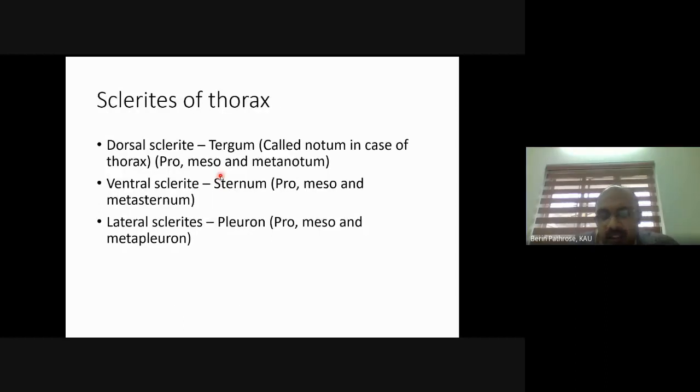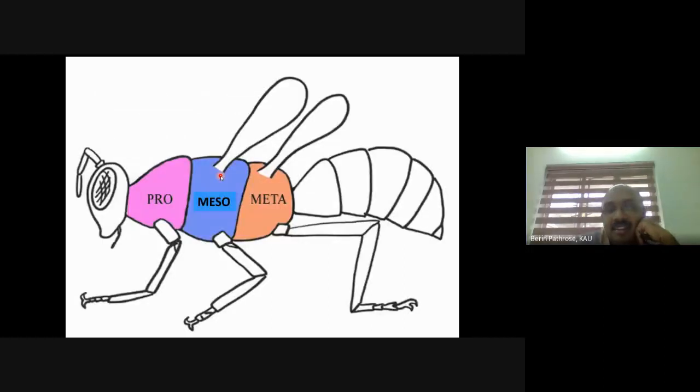And I will discuss one thing about the insect body. If you take an insect body as such, the dorsal part, the topmost portion of the insect body, is called the tergum. Tergum is singular and terga is plural. If you see the notes, you can clearly see the singular and plural. The ventral region, that is the underside of the insect body, is called the sternum, and the lateral side is called the pleuron.